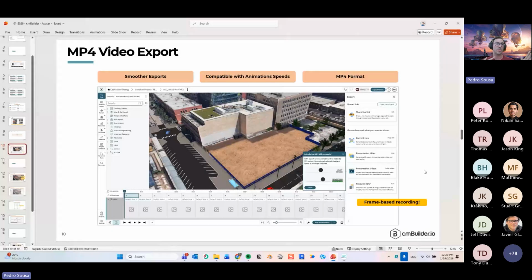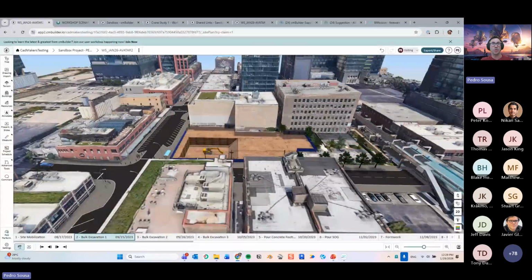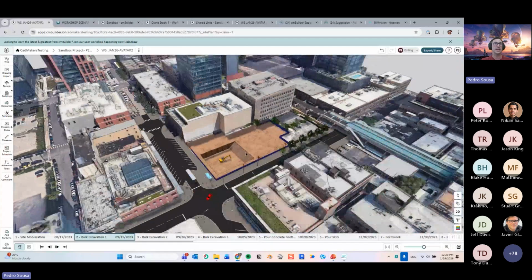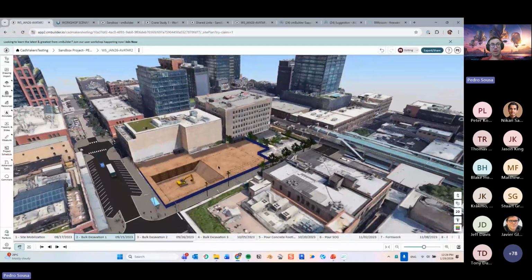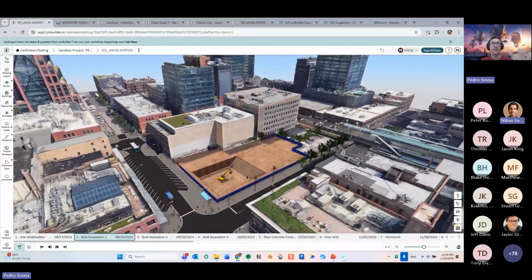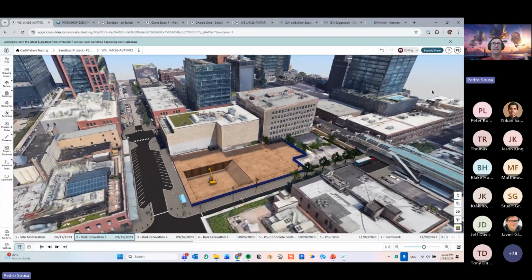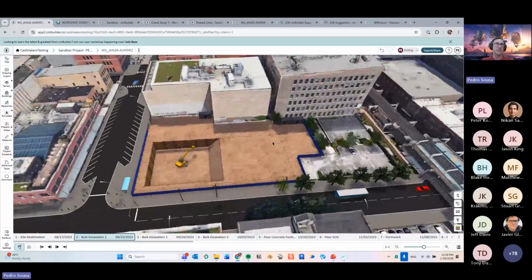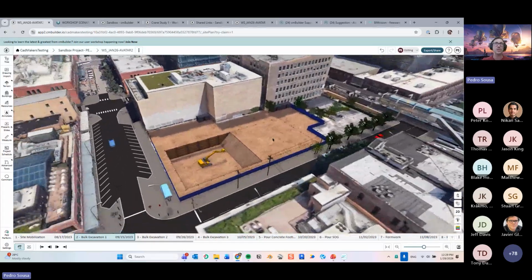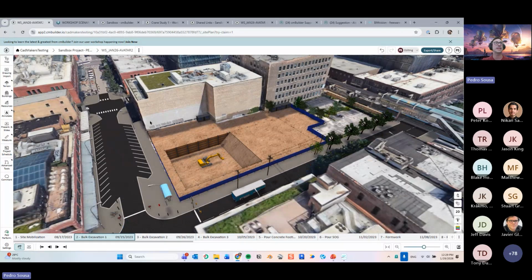Because you don't need to choose the speed that you're going to record the video, but the video is going to be recorded way slower than normal. This is because we are actually capturing every frame of that video and collecting them and putting them into a compiled video. So this frame-based export is kind of like a rendering that takes a little bit longer to do. So the new way to do that is basically you just go into, let me see if this is